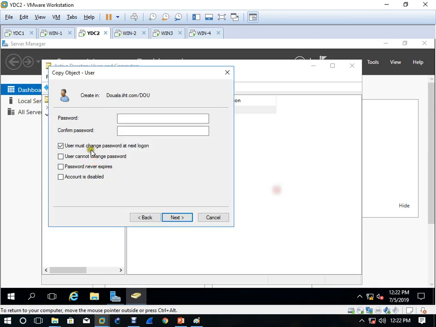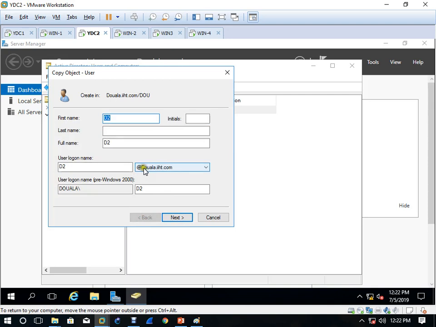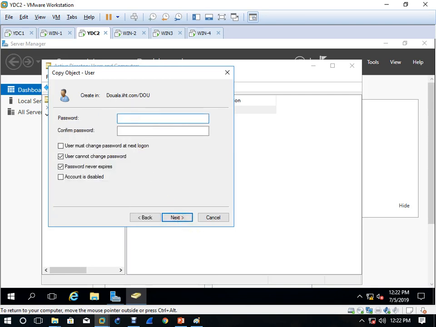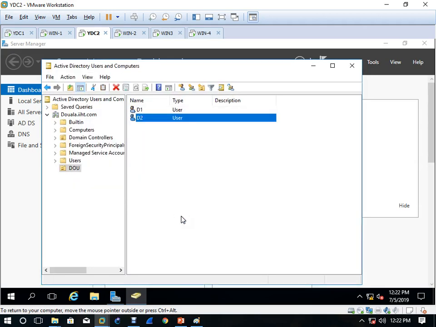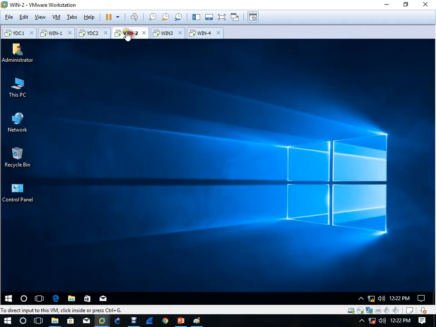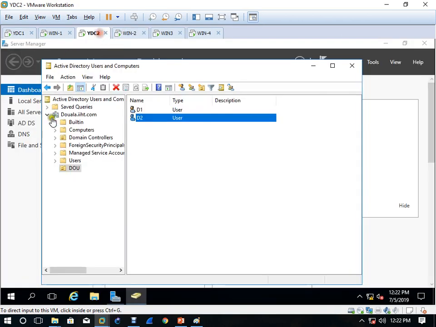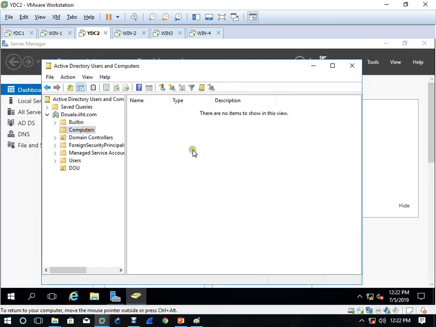And you can see here the user is a part of dwala.ist.com, right? The user has been created. Now I'm going to add this machine as a Dwala member, right? Because if you come here in computers, you don't have any client.